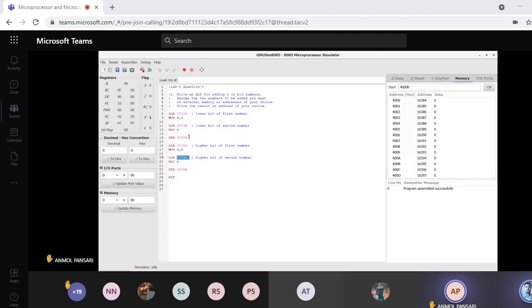Okay, that is true, but do you think that if there is a carry from the lower order byte to the higher order byte, that is not being taken care of? Because it could also happen that a carry could be generated from the lower order byte and transferred to the higher order byte. Yes, sir. That is why I was trying to use the ADC command instead of simply the ADD command. But have you used the ADC command? Yes, sir. Okay, ADC B. Very nice. So you have explored this command on yourself and found out that this can be done through the ADC command.